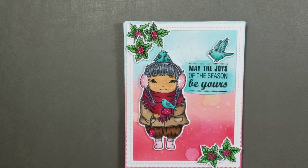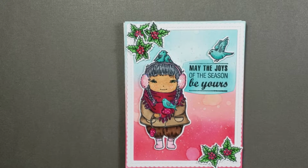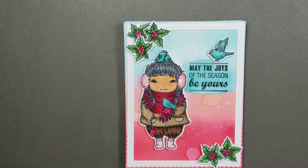I am sharing a few cards that I made while I was in Nevada and a few cards that I've made since I've been home. It has been snowing here in South Dakota for the past 24 hours and I am working on cards for a swap in a Facebook group that I belong to, which I will not be sharing, but that's kind of what I've been up to, and I thought maybe I would share these cards that I have already completed that I can show you. So this first one is actually a stamp set that I got as a freebie from